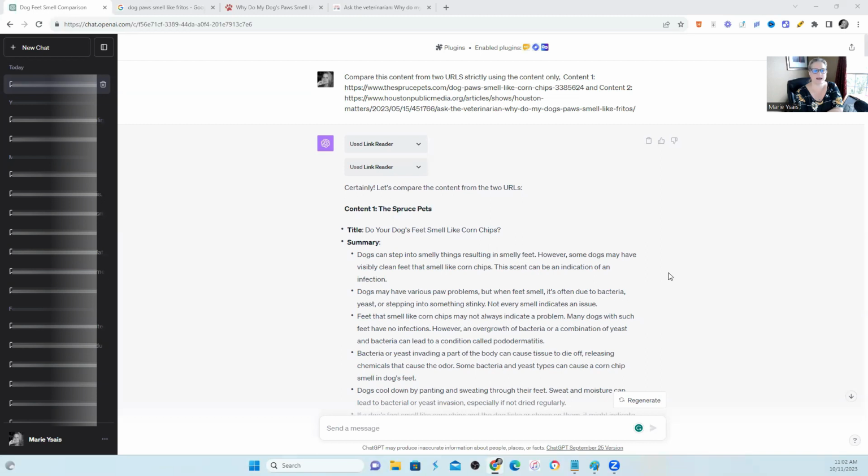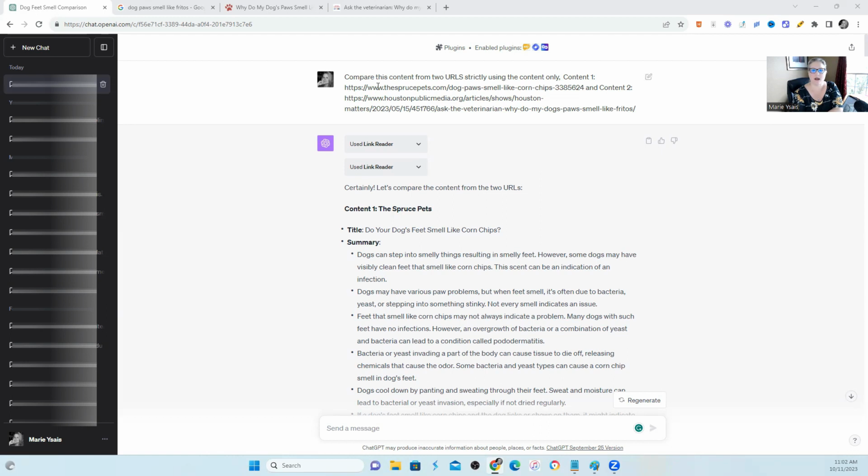Let's use ChatGPT to compare content. Let's say you have a piece of content that's not doing as well and you want to compare it to your competitors. So let's take a look at what ChatGPT can do. This is the paid version. However, I'm going to tell you what you can still do with the basic free plan in case you don't